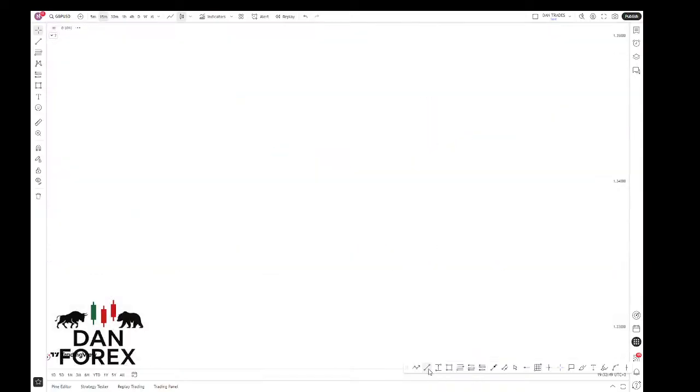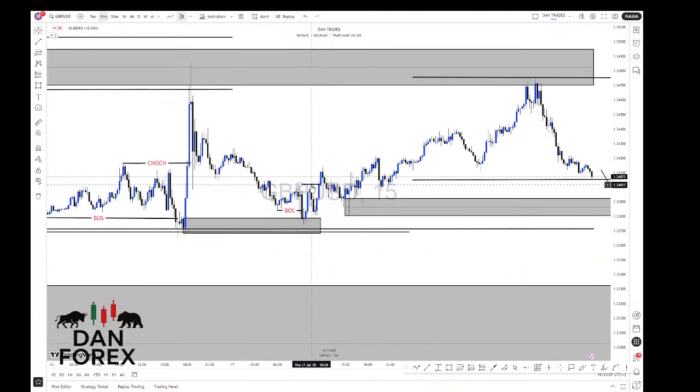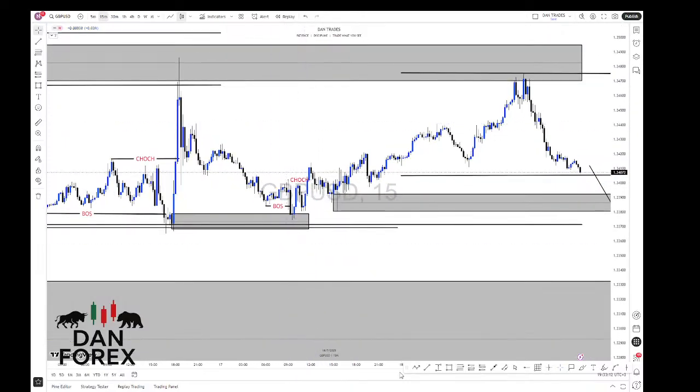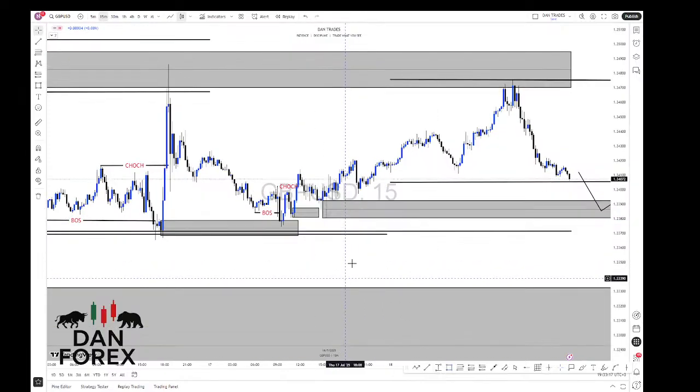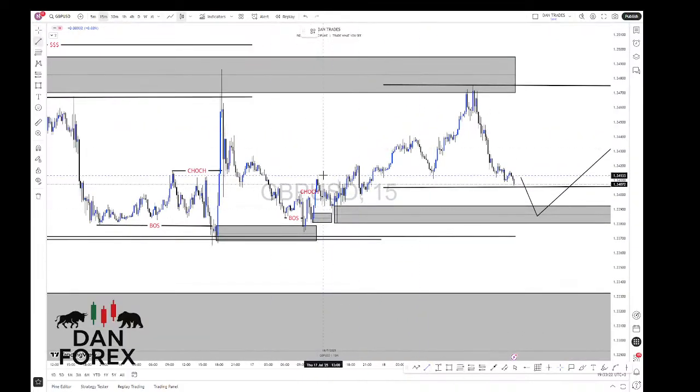And also we had this, after the mitigation of this now order block, we had that breakout structure again, and then we had this change of character. Okay, we had that change of character, and we had this order block at around that area, which managed to give us what, that push. So after that push, what do we have? We have this breakout structure